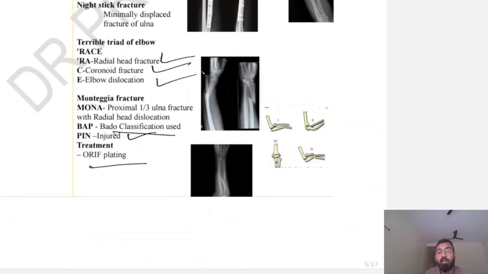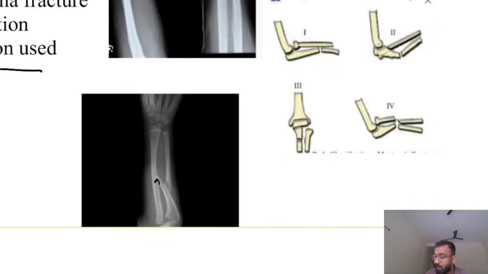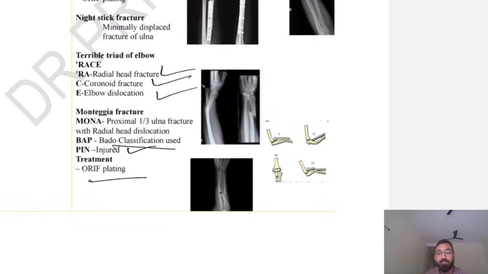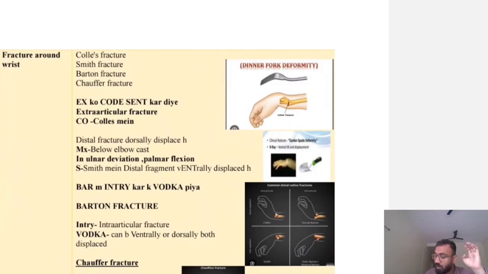Why is the PIN injured? You can ask me, sir, why PIN, why not radial, why not median? You have to know, orthopedics is very simple. If you apply basic logic, what happens in Monteggia? It is a proximal 1/3 fracture of ulna, right? So which nerve goes here? PIN goes here, so that is the one that will be injured. If you know the anatomy, you need not do anything but apply basic logic, and you can solve any question. Now we have learned about the fracture in forearm.